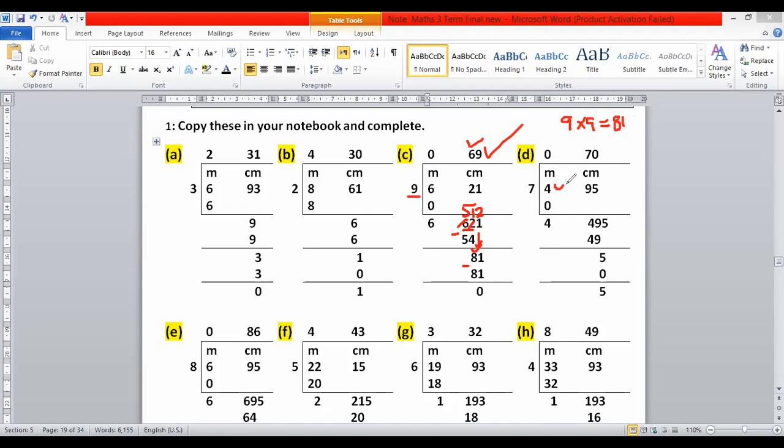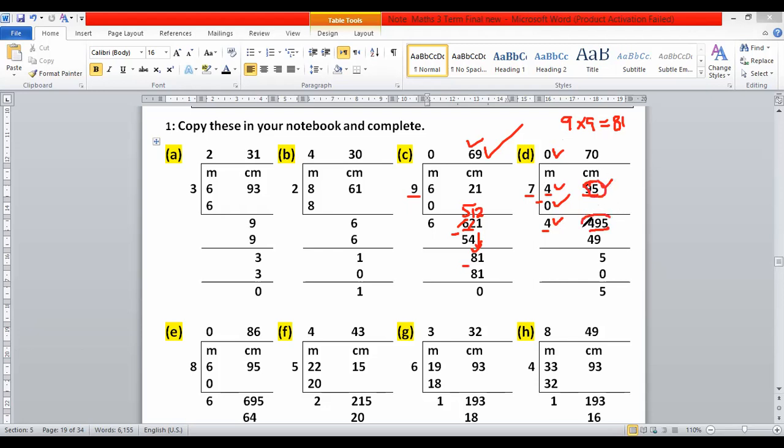Next is 4 meter 95 centimeter. Here the same problem is coming. 4 is smaller than 7. Therefore, we will multiply 7 by 0. 7 multiplied by 0 is 0. So 4 minus 0, 4. After that, these 4 are meters. 4 meter means 400 centimeter. 400 plus 95, you get 495. First, you change 4 meter into centimeters. 4 meter means 400 centimeter. And here we have 95.